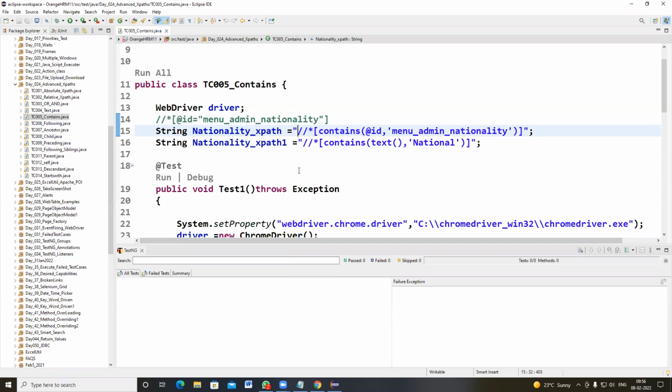By using partial link text, that means only the inbox, you will be able to locate that particular inbox section and read all the emails or whatever program execution you're writing for. However, if you say link text and write inbox 23, then the program execution will fail. So now you know why we are using partial link text. The same way we have something called contains text of also. Contains text of means whatever text you have taken from that particular thing